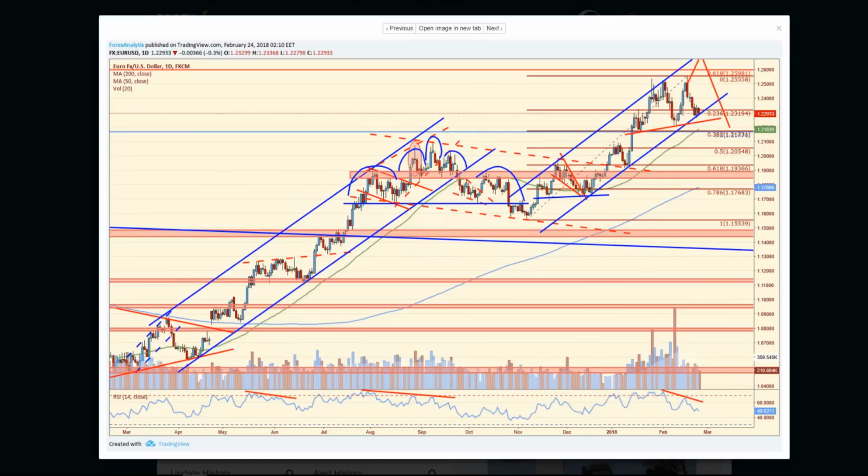Now, what we're looking at is if the euro dollar does come down, or the dollar continues its bounce, which I'll look at on the dollar index in a few minutes, the real key support is going to be down here at around the 1.21 level, or 1.2080, which was over here on the big breakout. That's going to be key, even if the dollar does strengthen a little bit further. This is a very high-trafficked area, a big breakout point for the euro dollar. So any dips down towards 1.21 or just sub 1.21 are probably going to at least find some buyers.